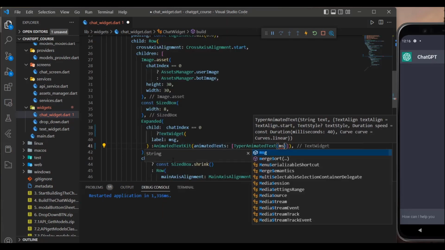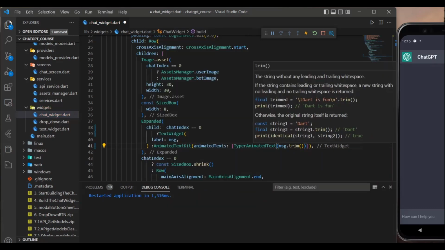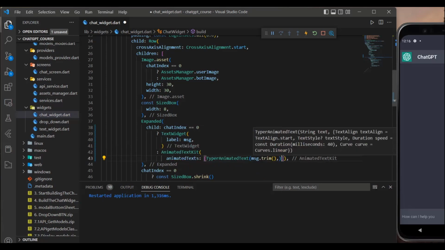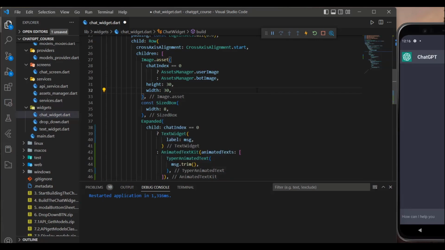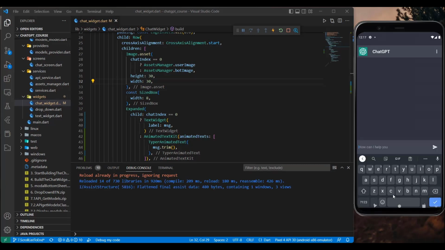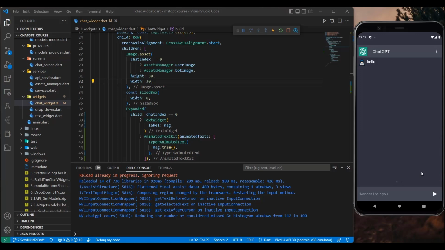So you give it the message, and I will trim it, like that. Now I will start the application and let's see. So let's say hello. And here is the response. It's being